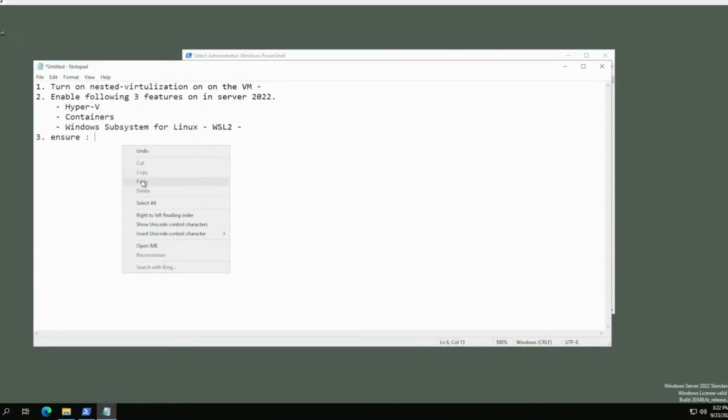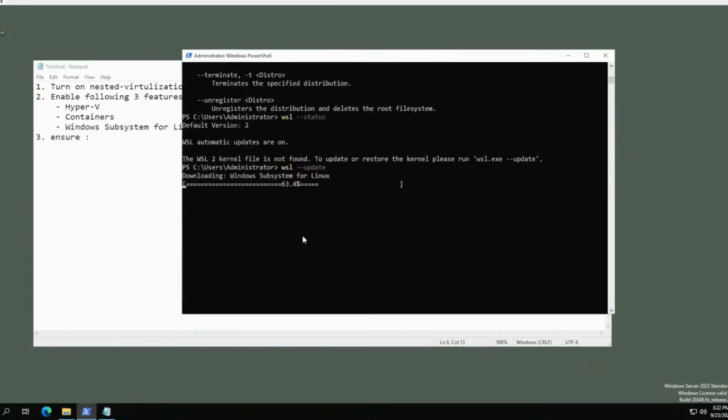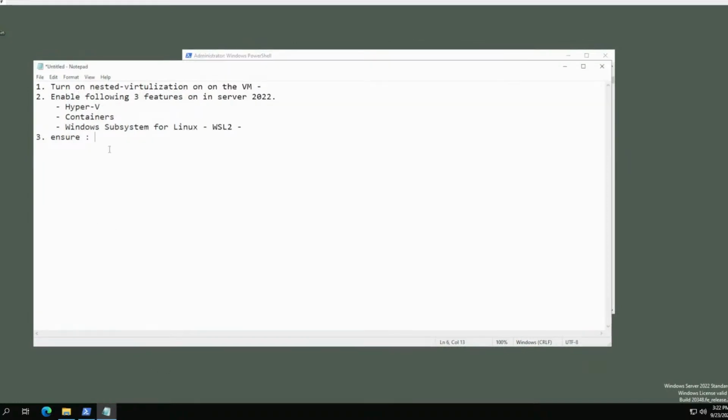So, WSL on. So how to do that? Number 4, run the WSL2 update